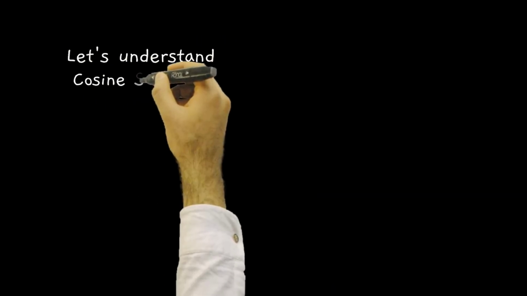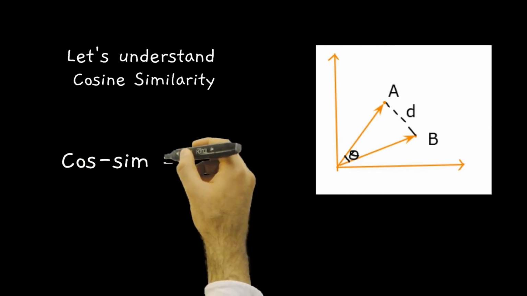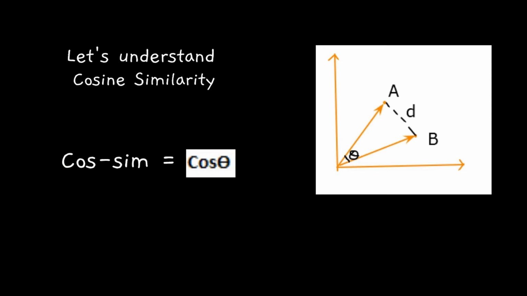Now let's understand what is cosine similarity. Let's take a 2D example. Suppose we have 2 points A and B as mentioned in this chart. This is my vector A and vector B from origin. Distance between A and B here is called D, which is Euclidean distance. Cosine distance says that take the angle between these two vectors. Cosine similarity between A and B is nothing but cos theta, where theta is the angle between A and B. This is how cosine similarity is defined.